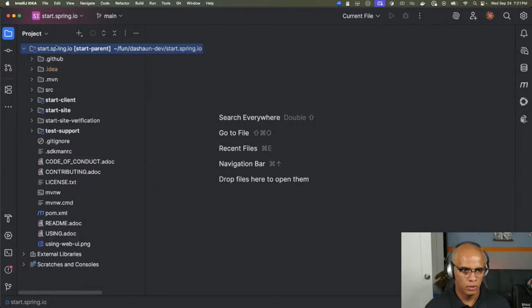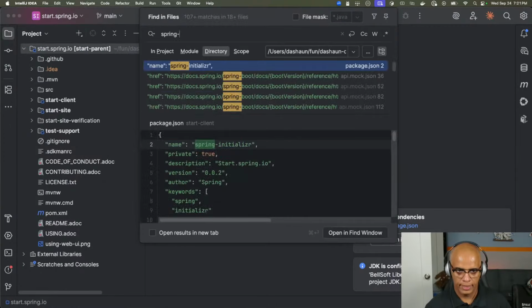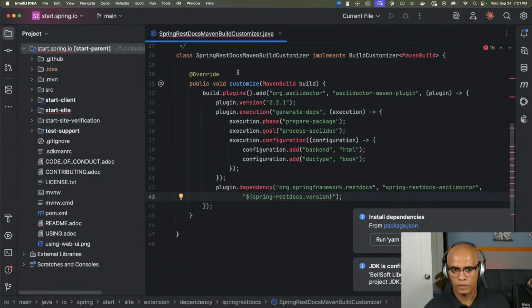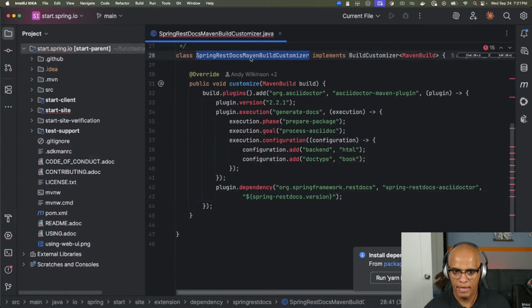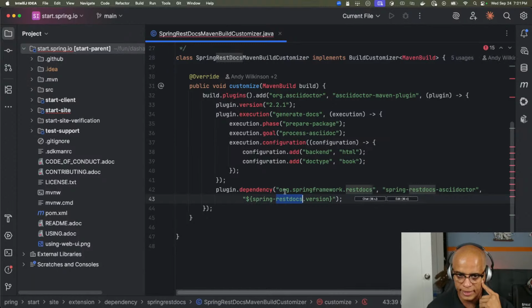I just like this interface better. Find files, spring-rest docs. Oh, there's that dot version. So this is the Spring RestDocs Maven build customizer. I should probably do this for Gradle as well, but let's go look. So this all makes sense. Here's the plugin dependency, and here's this. So what it didn't do